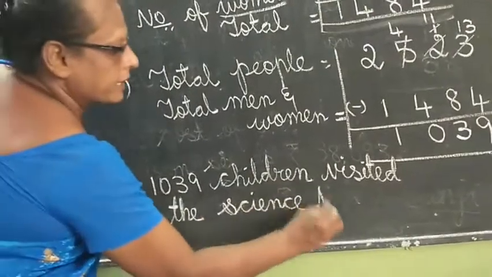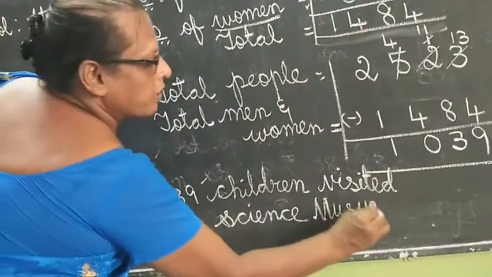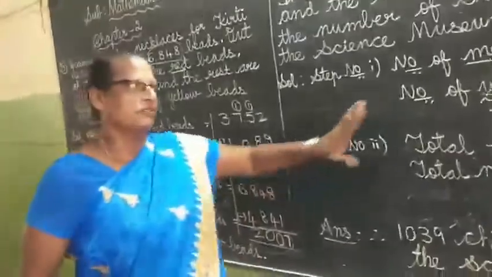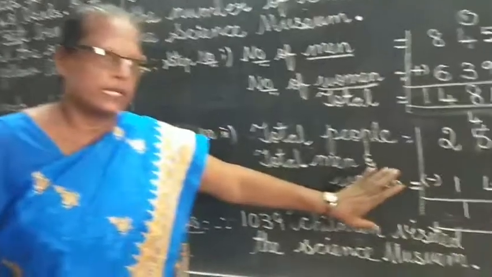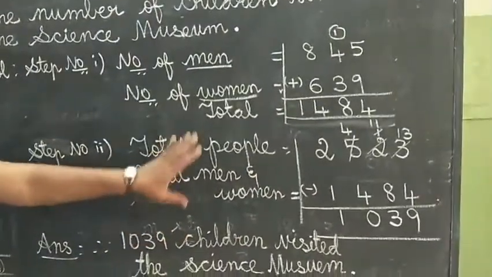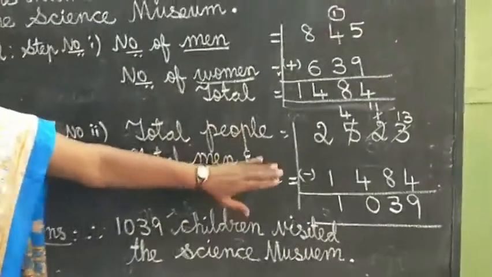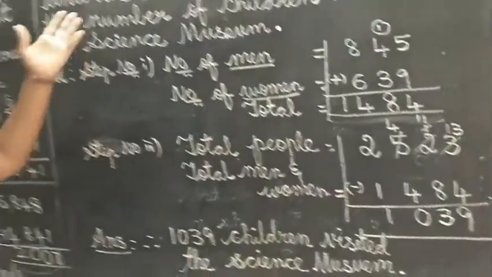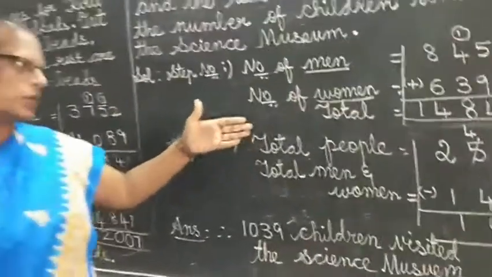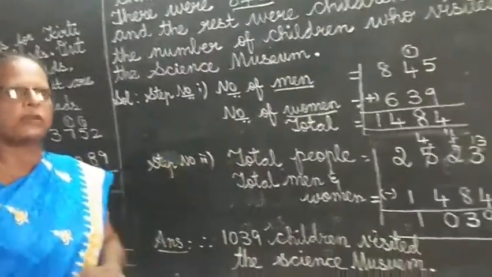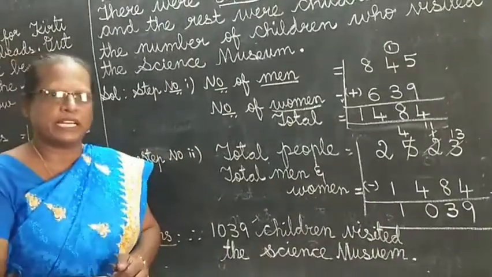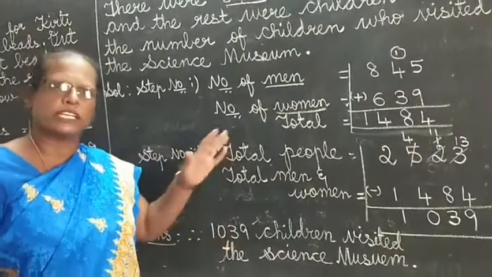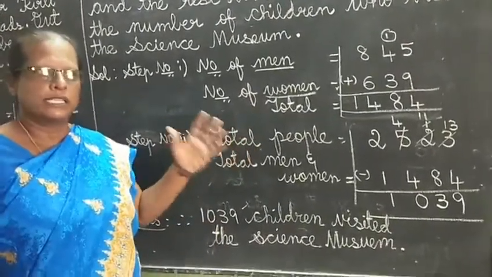Understood, children? The sum is a little hard, but if you go on working it out at home, it will be very easy for you. First you have to add and then you have to subtract. Understood, children? From the total amount you have to subtract, total people you have to subtract. Only 4 sums, children. What you can do? You can practice. No need to write the question. You can write the answers in the rough note so that it will be very easy for you. One time you can see and write, one time without seeing you can write, so that it will be very easy when you study for the exam.